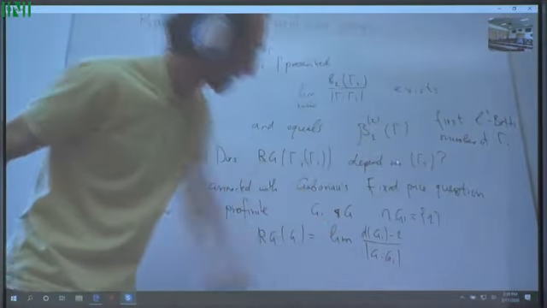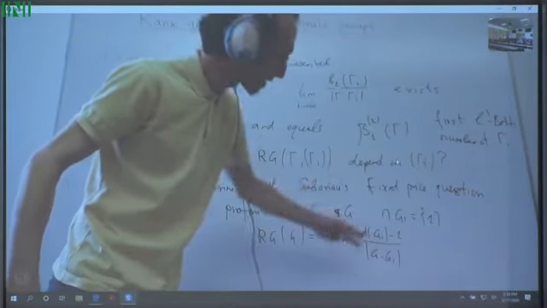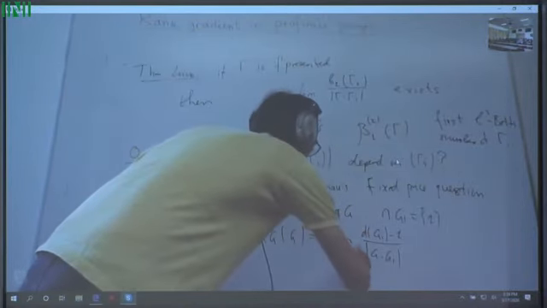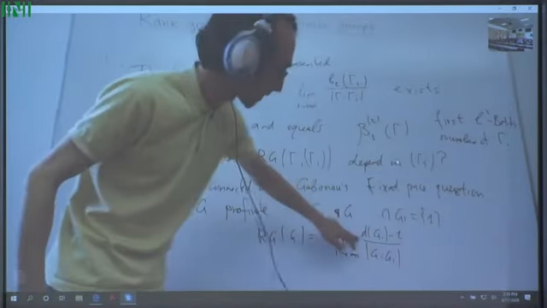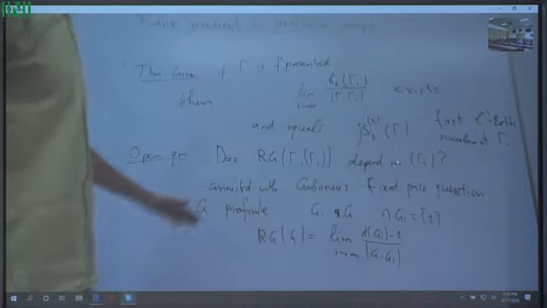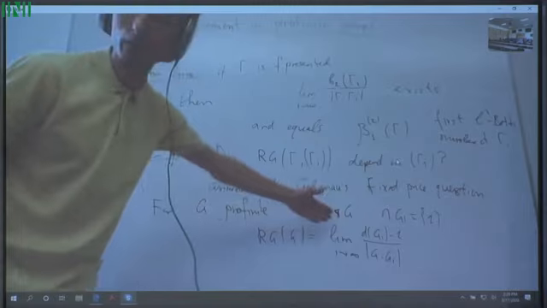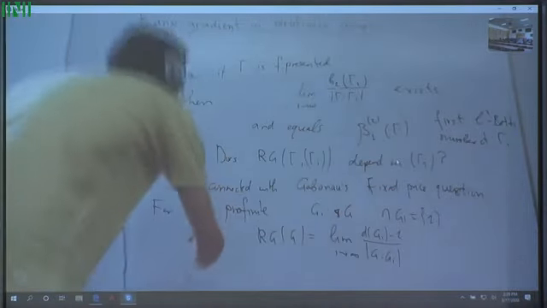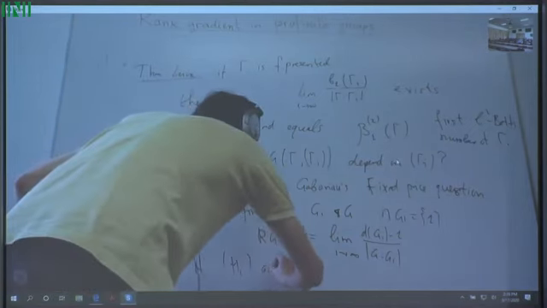Namely, the minimum size of a generating set for a dense subgroup inside G_i. Again, by the rank inequality, we do know that this is a monotonically decreasing sequence, just as before, so the limit will exist. But for profinite groups, the beauty is that this does not depend on the choice of the sequence, because if you have another sequence, so basically, if H_i is another such sequence,